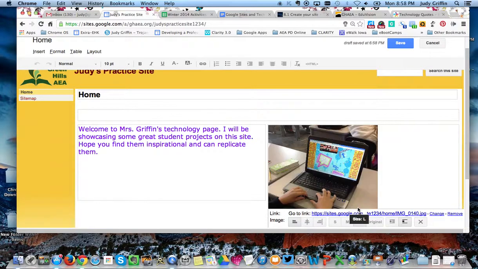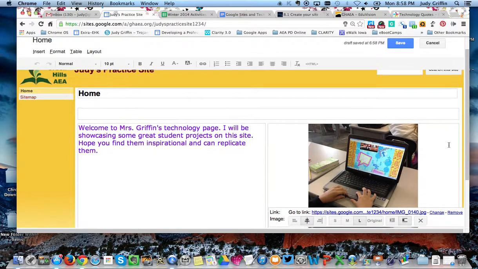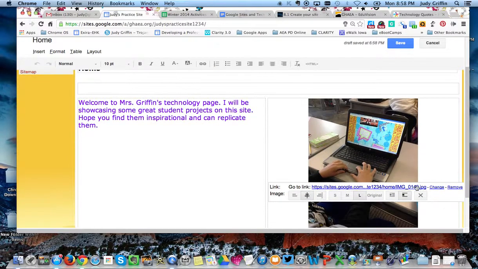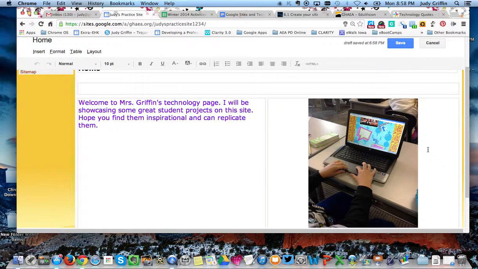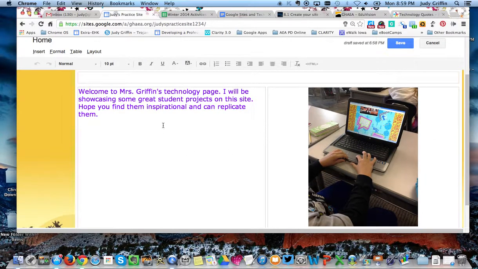I'm going to go with large. And I want it centered over here in this column. So here's a line left, center, and right, so I'll click on center. And I don't have any text on this side yet, so I don't need to worry about wrapping. So I'm done with that, so I can click outside of it. That looks good. Now if you're going to add a video,